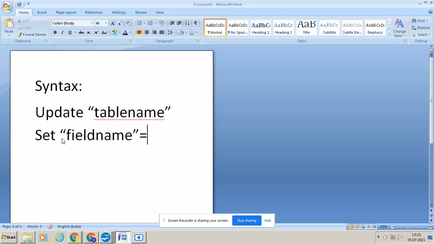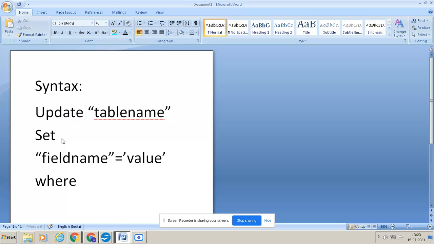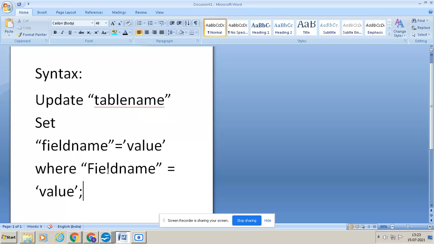Field name is equal to, you write the value in single quote, where, again field name will come, is equal to, and you write the value in single quote. You write which field you want to change, with what value, and where it is present. So the syntax is update table name, set, field name, which field you want to change with which value, where